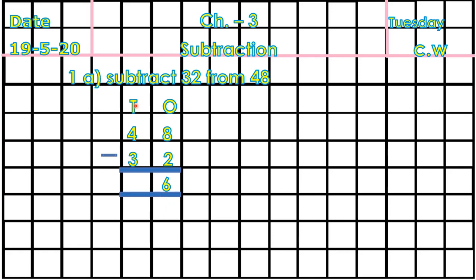Okay, and here at tens place column we have given 4 and 3. So keep 4 in your mind and we have to open our 3 fingers. Okay, and now we have to count backward counting before 4. So let's start 3, 2, 1. So we will write 1 here. So our answer is 1, 6, 16. So 48 minus 32 is equal to 16. Understood beta? How you have to do work in your notebook.